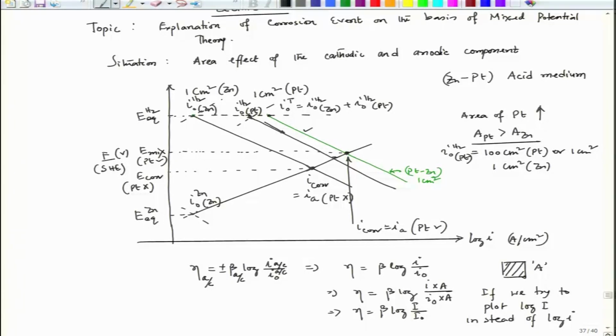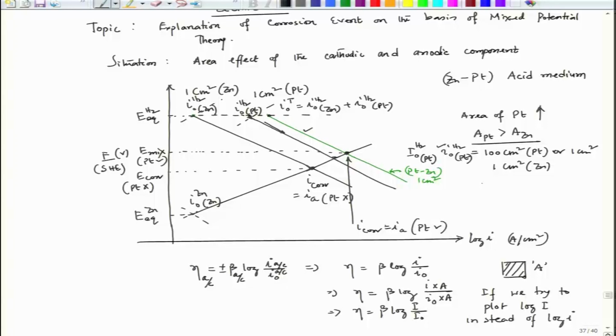So, in that case what happens, the I0 hydrogen over platinum, this capital I0 and small I0, they will be different, because